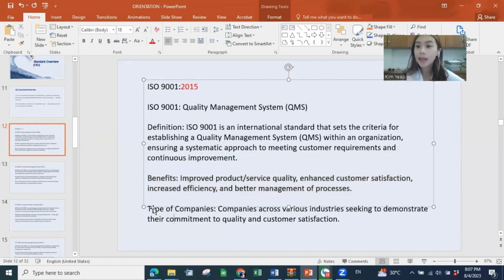Okay. So what type of companies actually need this ISO 9001? Here, we would say that we call ISO 9001 the basic and common ISO standard because it covers various industries, meaning almost every industry. Be you a manufacturer, or you don't manufacture product but provide service, you can also get ISO 9001. So anyone who is seeking to demonstrate their commitment to having quality product and service, and to increase customer satisfaction, can follow this standard.